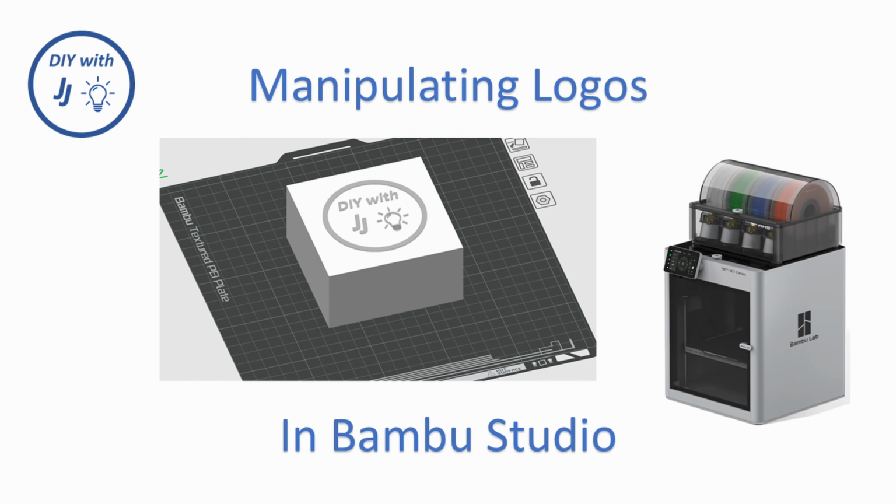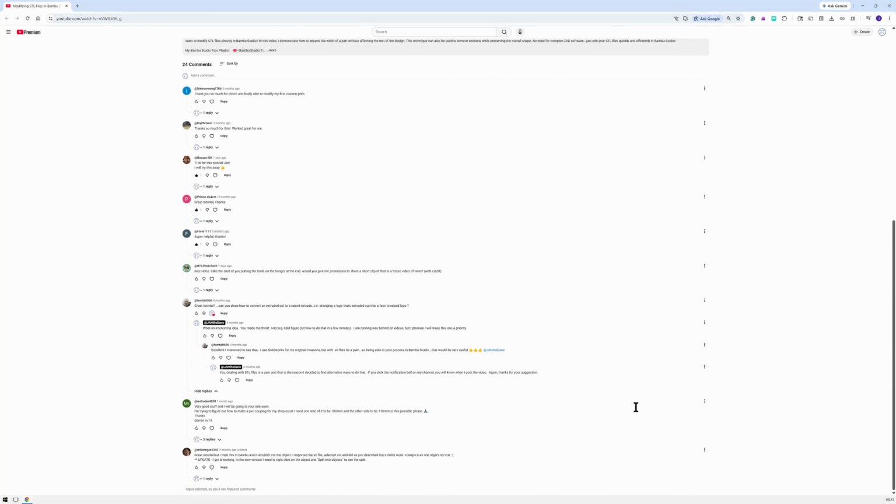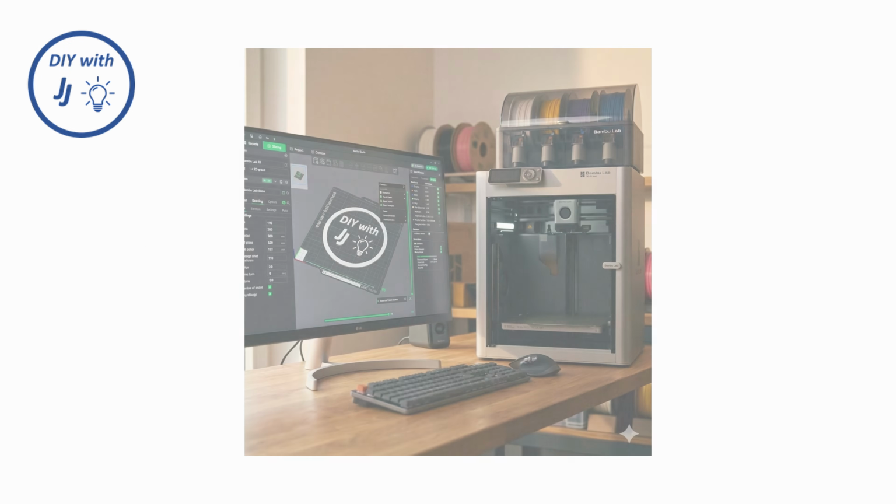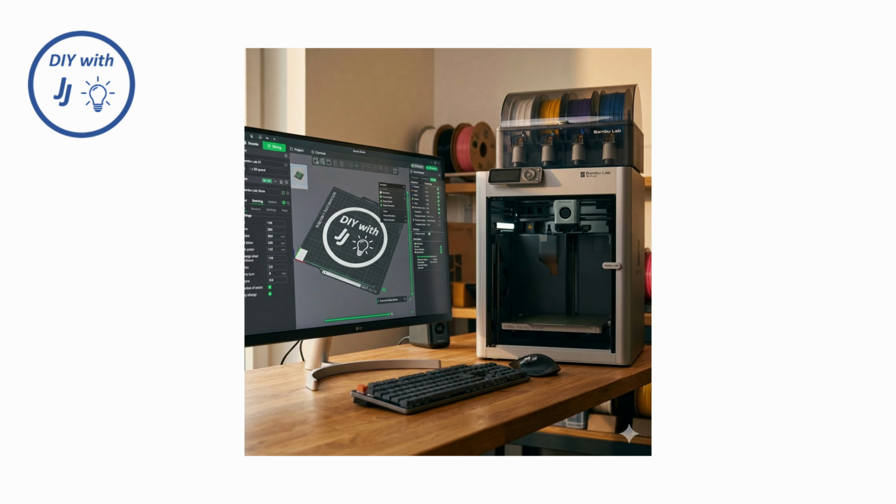Some time ago, one of my viewers asked me to show how to change the 3D logo style directly in Bambu Studio. I thought that was a great idea for a video, and I promised to make it a priority. However, I got busy with other things in my life and I frankly forgot all about it. But here it is. And the good news is that manipulating logos in Bambu Studio is much easier than you